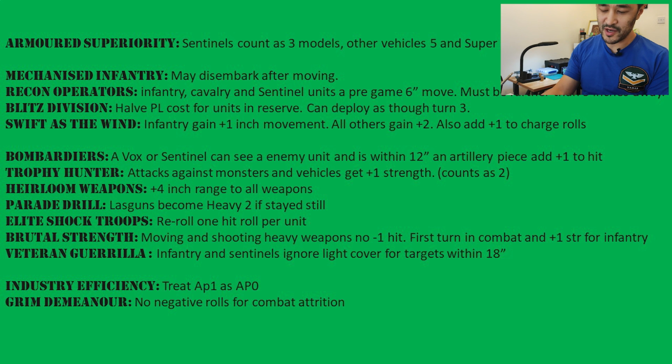Parade Drill is frankly crap, whilst elite shock troopers could always be helpful. Jumping ahead to a combo is the use of the tank ace called Veteran Commander, allowing you to take an additional regimental doctrine to equip one with the now ridiculous Vanquisher battle cannon and lock in that single glorious AP-5 ignore invul saves shot. Brutal strength is pretty meh, and I feel that Catachans have been somewhat nerfed in this